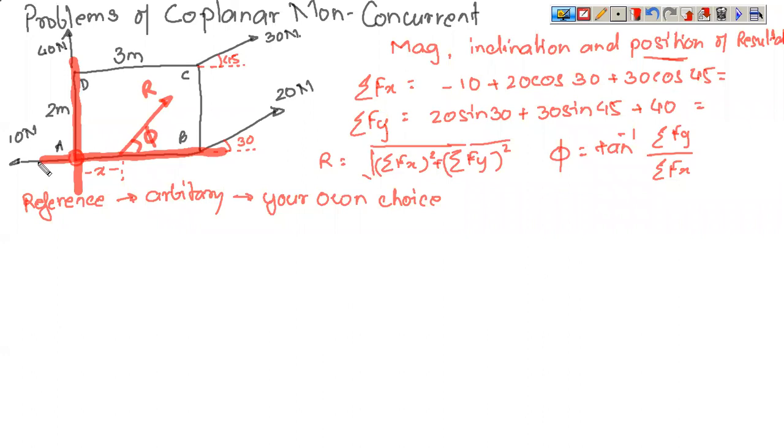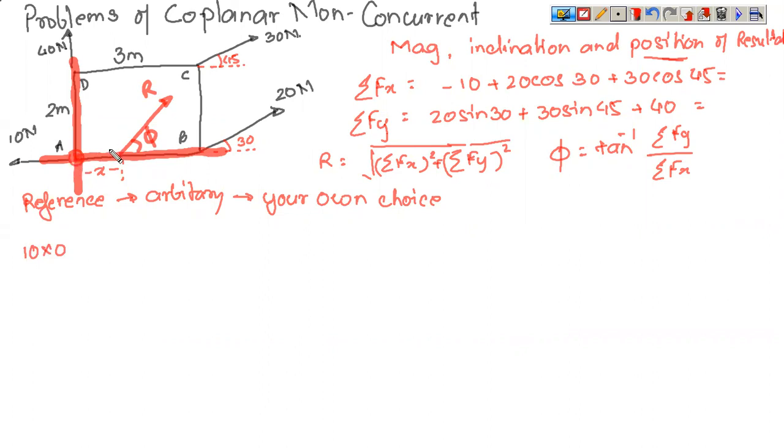So Varignon's theorem, now let us go four forces at a time. So the 10 Newton force lies on A itself. So it is passing through point A, which means there is no perpendicular distance involved with 10 Newton. So if there is no perpendicular distance involved with 10 Newton, then the moment produced by the 10 Newton force is 10 into 1. Sorry, 10 into 0. This will not produce any moment because it is lying on point A itself. There is no perpendicular distance.